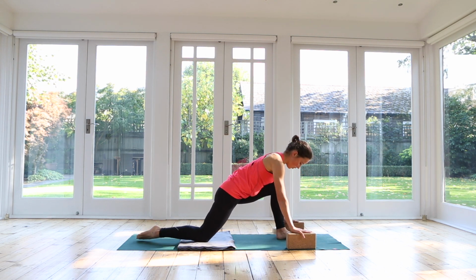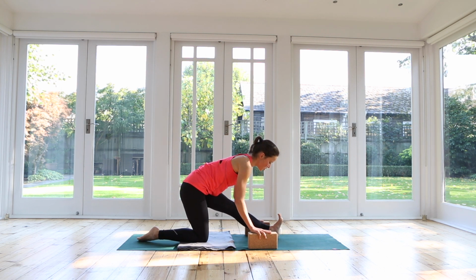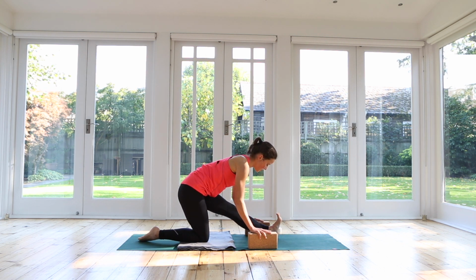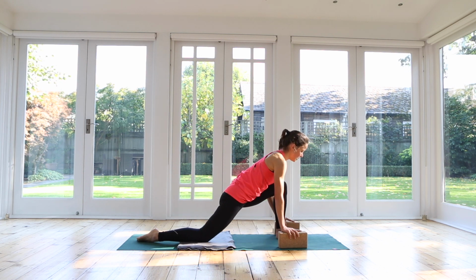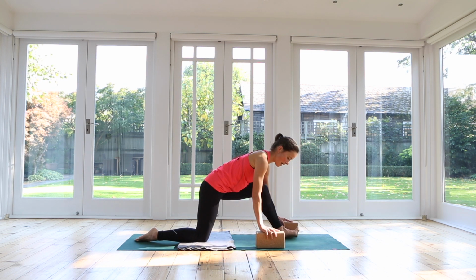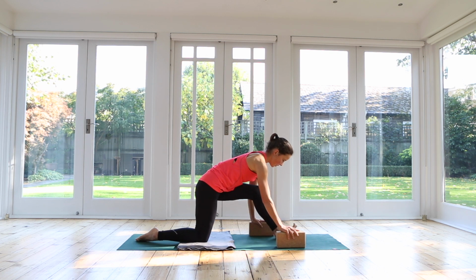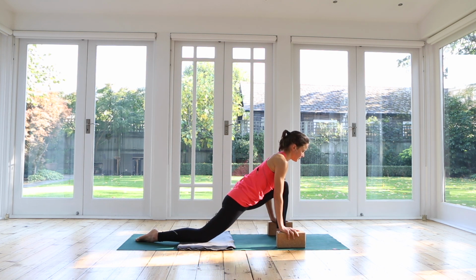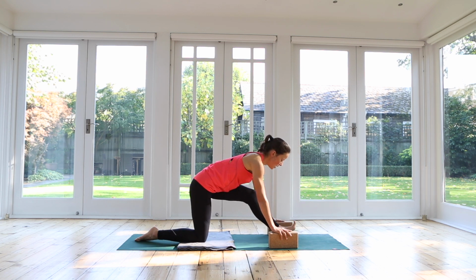From here, start to rock the hips back. Flexing your foot, lifting the toes up, getting into those calves and hamstrings, and coming forwards, leaning into the hips. Three times, going back, and coming forwards. And this time we'll stay back, lift up the